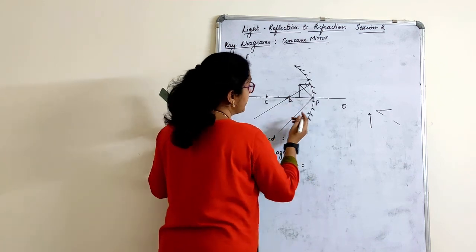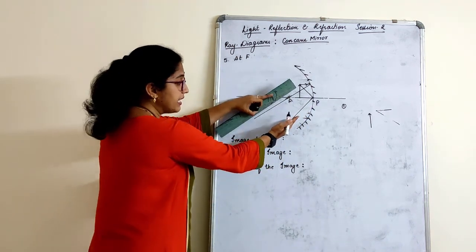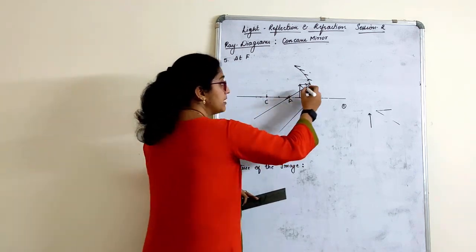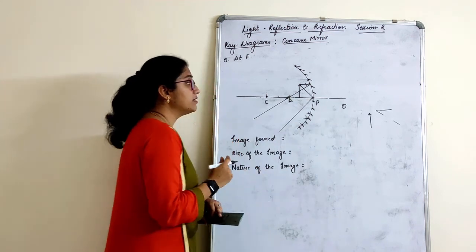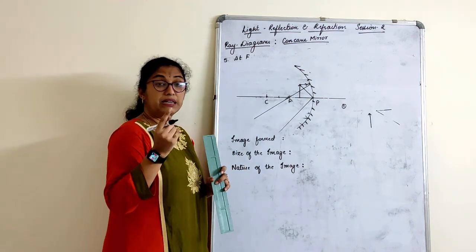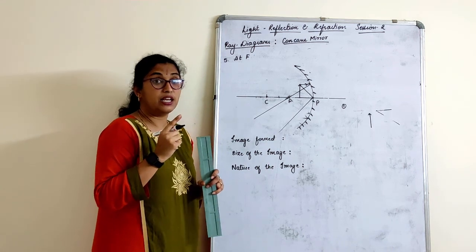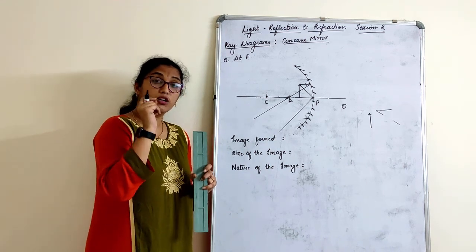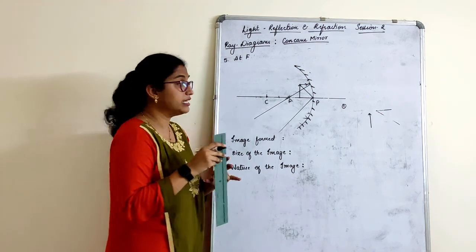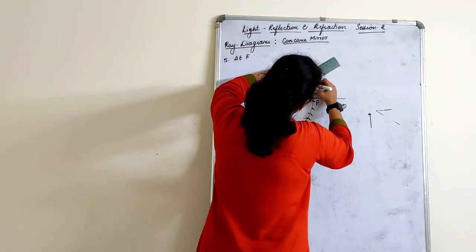Now what do we get here? See, the rays are not moving parallel. The rays are actually moving apart, if you have seen them. On the other side of the mirror, they do not meet. But can they appear to meet if we produce them backwards? Yes. What are virtual images? Virtual images are the images which appear to meet but not in reality. So let us produce them backwards now.